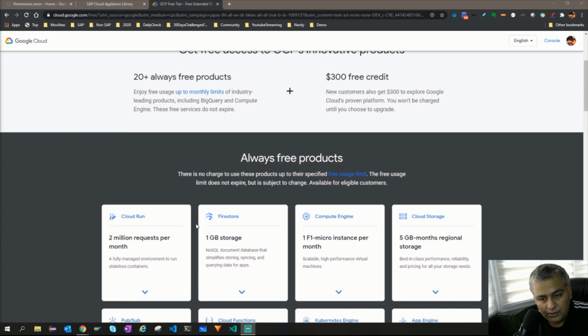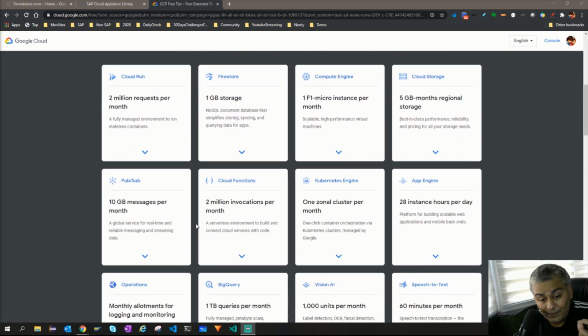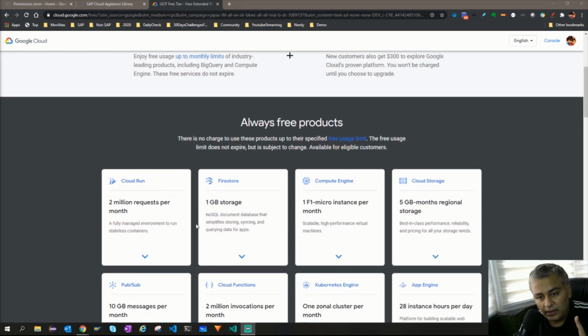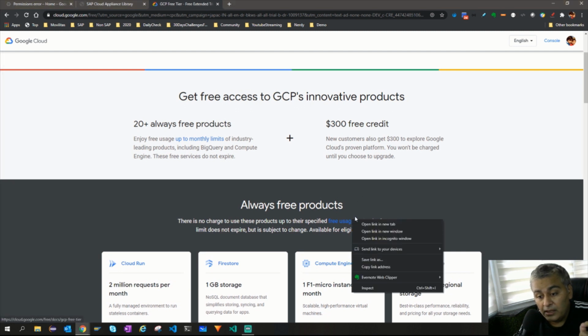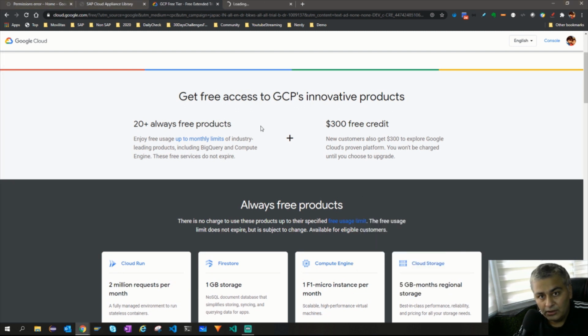And the most important thing I am going to mention here is that you should be careful about your usage. As soon as you are done with your practice and learning, shut down your VM, shut down your instance.